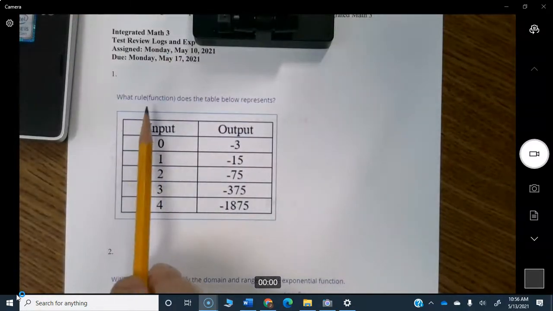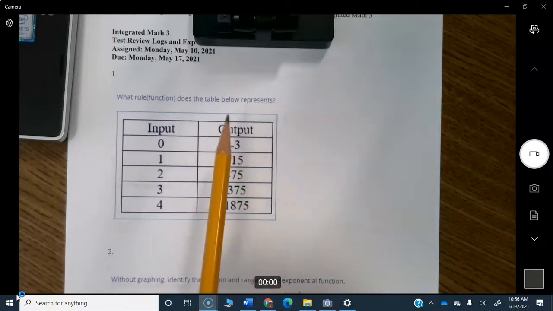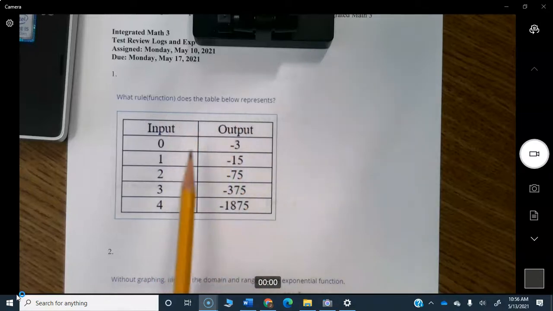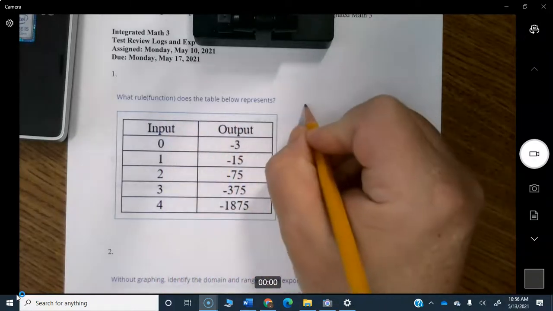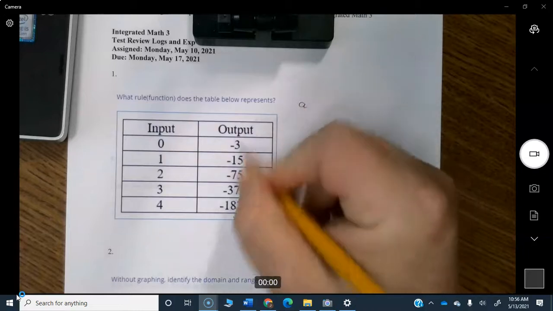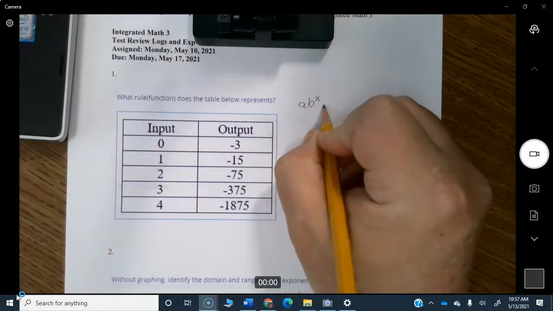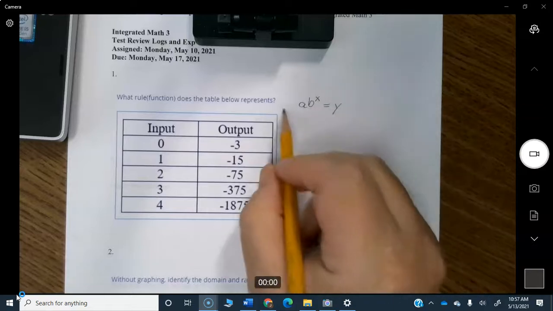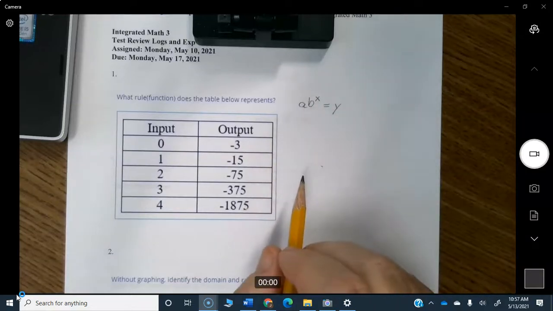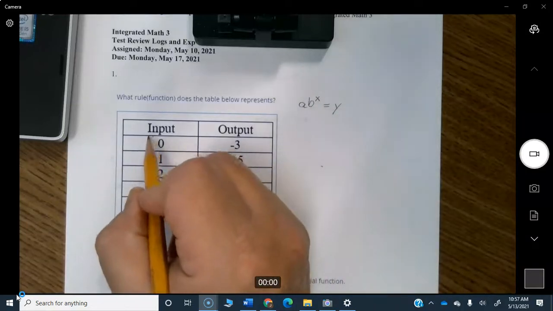says, what rule function does the table below represent? Well, I restated this question on the test to say, write the equation for these data points in the form of a b raised to the x power equals y. So you have to determine the values of a and b. Okay, so to do that, you first use